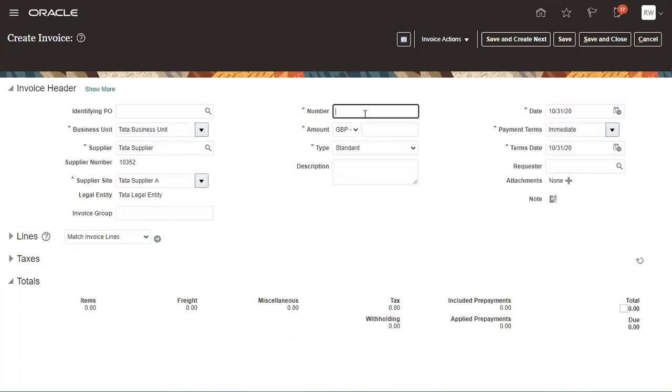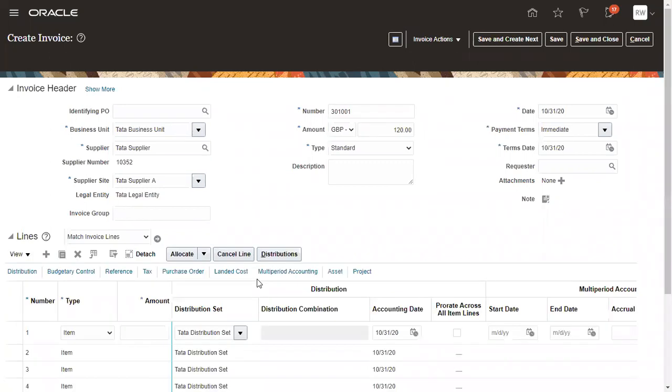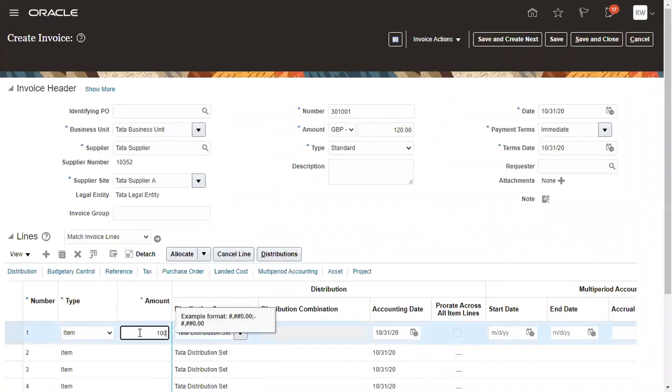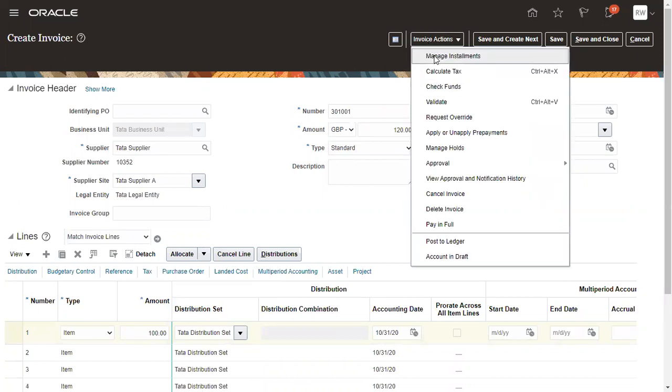Okay, and let's just put 30th October, 120, and here I need to put the invoice items, how many items we are going to invoice. 100. Okay, and let me calculate tax. So see, in receivables as well as in payables, we have many options. These options we will walk through when we discuss the invoices in detail, for how much these options have an impact on the transactions that we do.